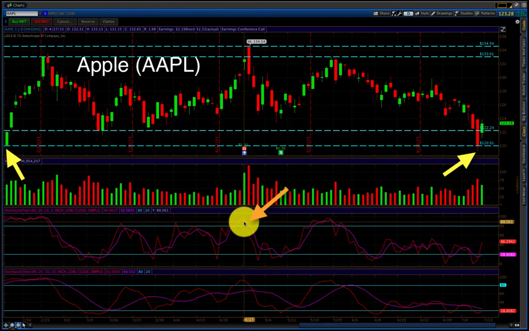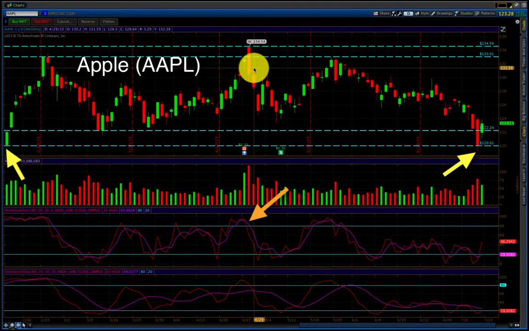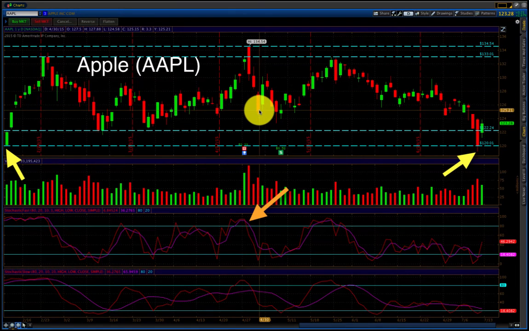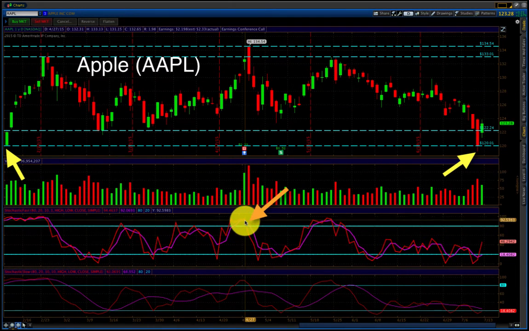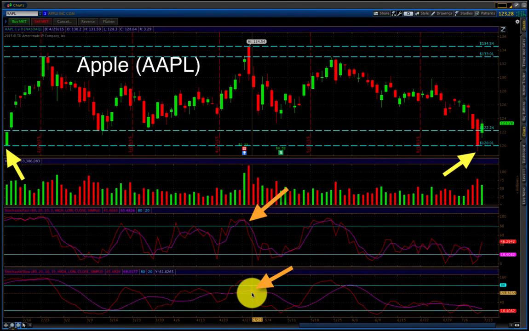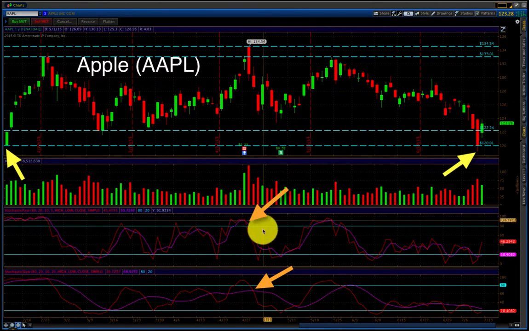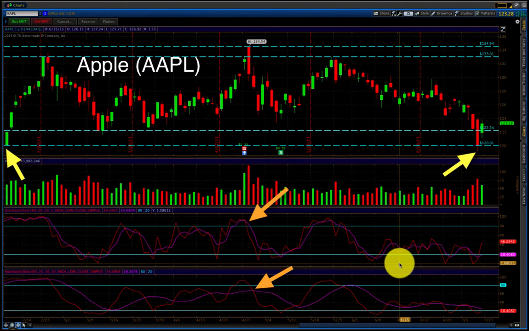And you could see from this wick that even after this day was over, there was probably still some buying on the next day on this bounce, and we continued to sell off. So this was a pretty solid signal. We don't actually get the slow signal until this candle the following day, and